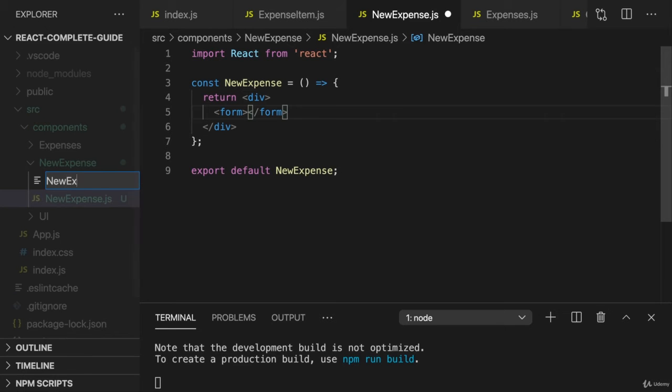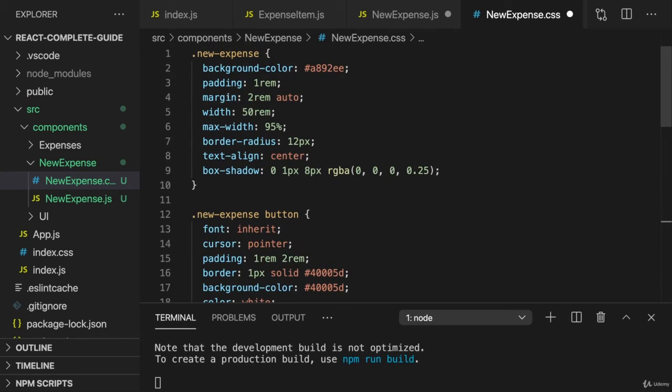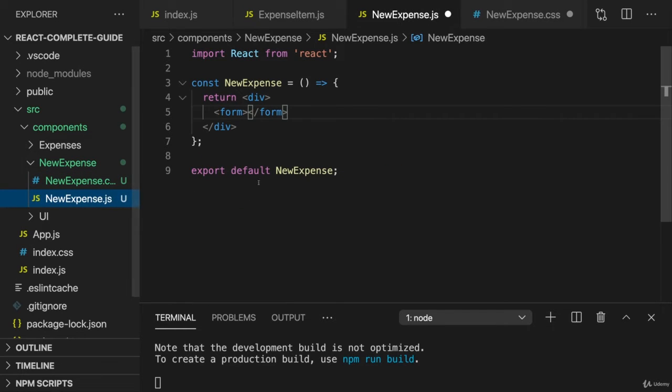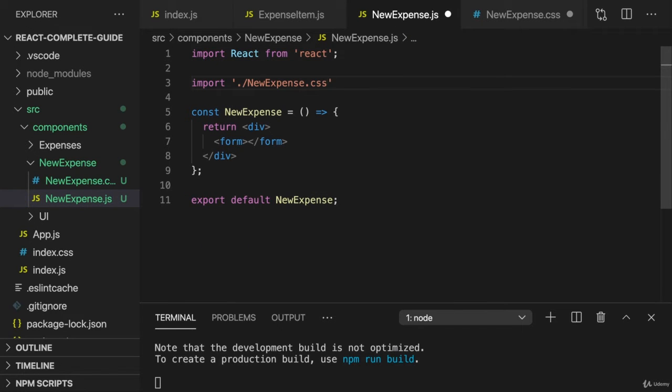Now, speaking of styling, we can also add a NewExpense.css file, and you find that file attached. You can either just paste in the styles you find there, or simply replace your NewExpense CSS file with mine, and then of course make sure you import NewExpense CSS. And that's all something you learned about in the last course section. That's all not directly related to state or user input, of course, but we'll get there. So now that we got this imported, let's add the new expense CSS class to this div, and let's now